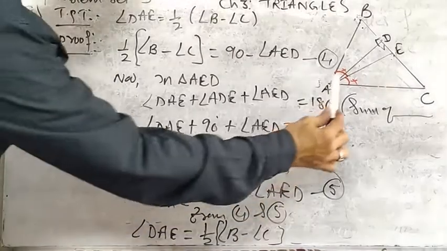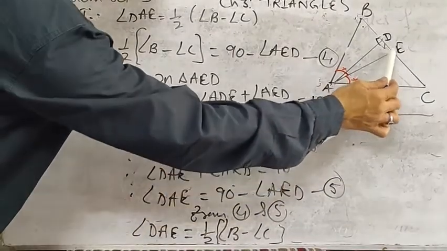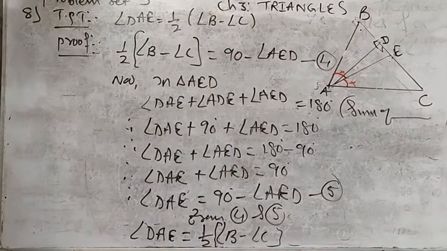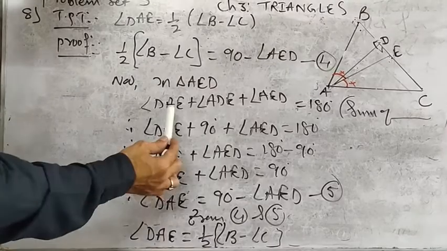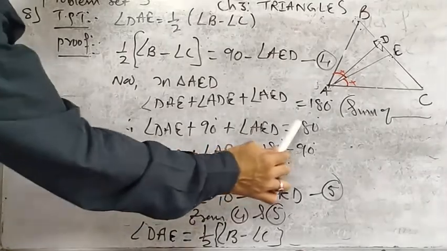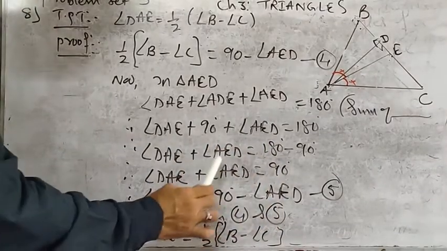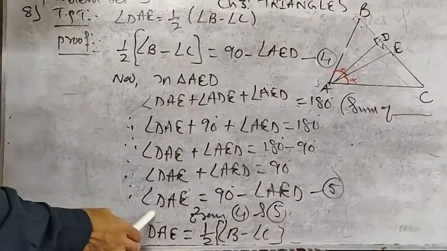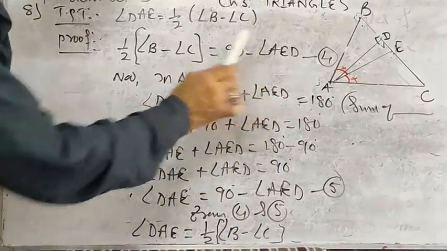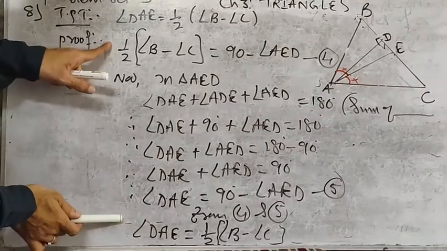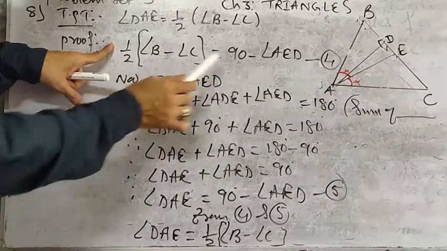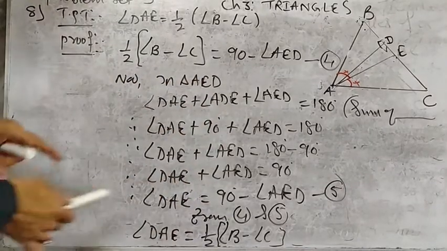You will take the help of this middle triangle, AED or AD, you can give the name anyhow. Sum of the measures of three angles is 180. This is 90, 90 will go there, becomes minus. After shifting this, you will get the value of DAE as 90 minus AED. And this value again we know is 90 minus AED. So look at both, compare both. DAE and this, both are the same. DAE and this, see